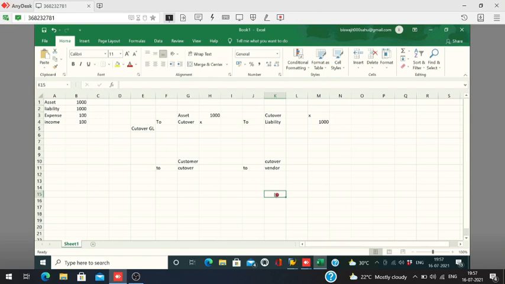Like here, you have done debit expense, debit payable account, payable to expense account. It's a wrong entry. Now we want to reverse this. We have to post another entry like expenses to payable, like this.